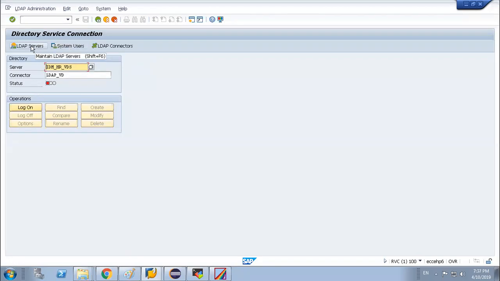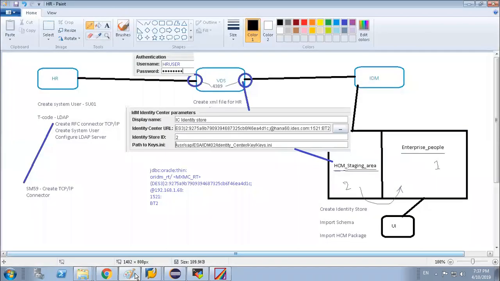We have created our LDAP server with the VDS details and saved. Now, how do I understand that all the information I have provided is correct and the HR systems can log into the VDS server, or the VDS server can log into the IDM server? How do I check?